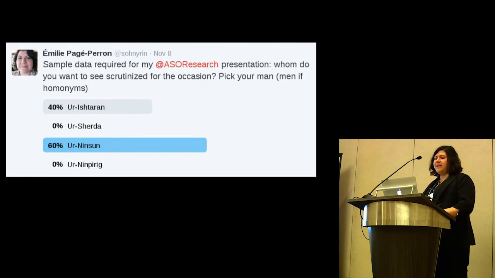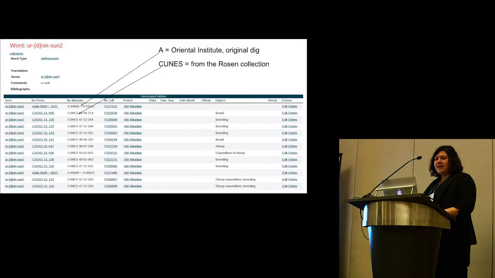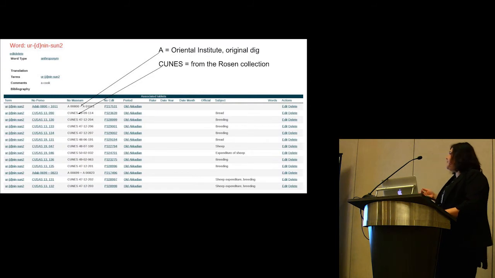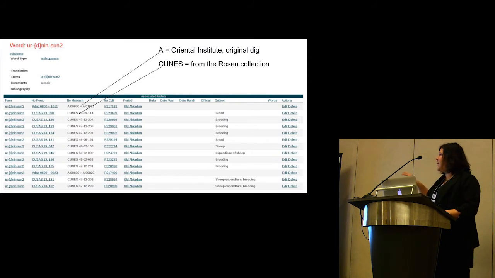And most of the texts are related to sheep and breeding. So first, I have a research database that I use. I create views to see the correlation between different elements in the database. And so these views can be created depending on what your needs are to view this data.